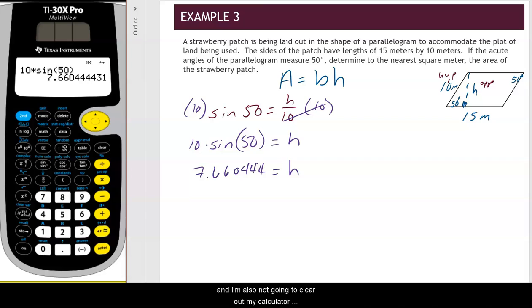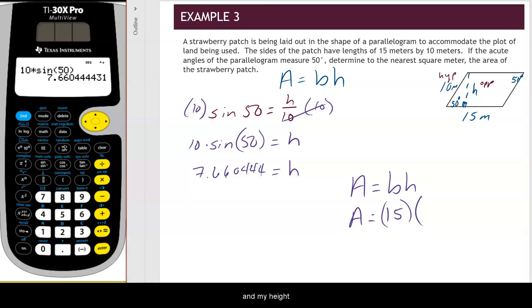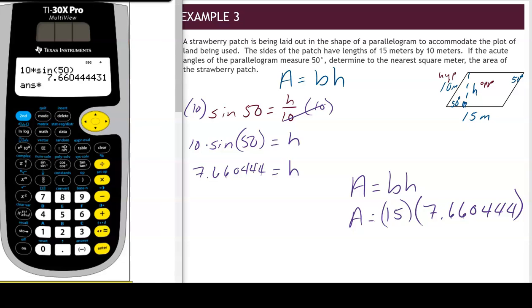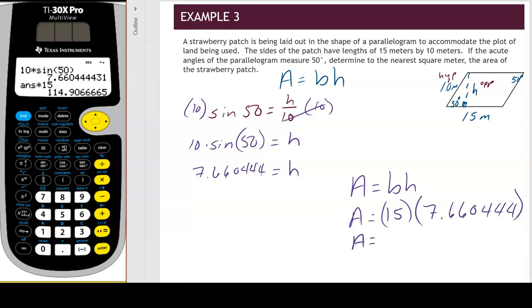Now I'm not going to round that, and I'm also not going to clear out my calculator because I'm going to use that number when I find my area. So area is base times height. So my area, my base would be 15, and my height will be that 7.660 that keeps going. So in my calculator, I already have that number, so I'm just going to do times, and that'll bring the answer down, 15, and hit enter, and I get my area to equal